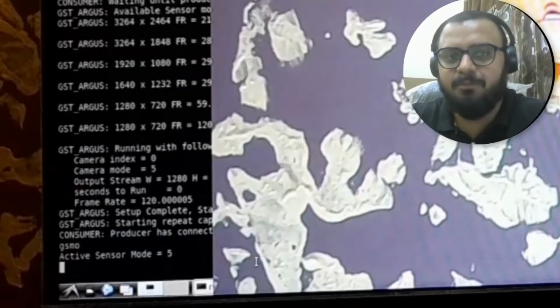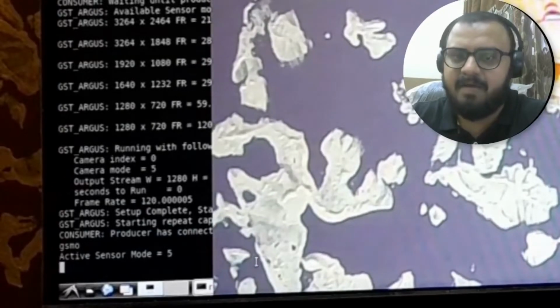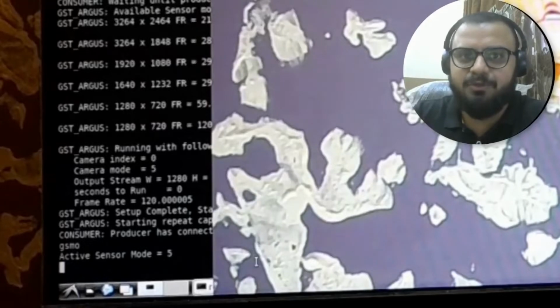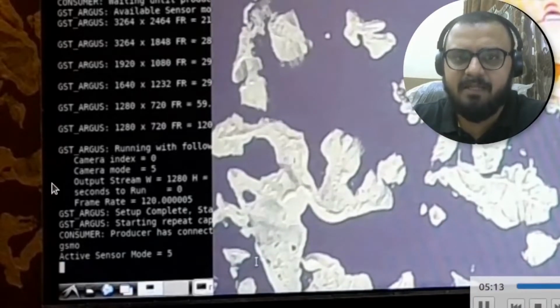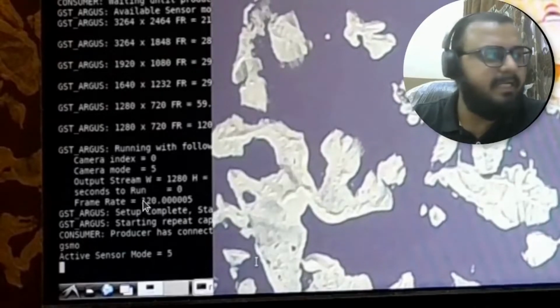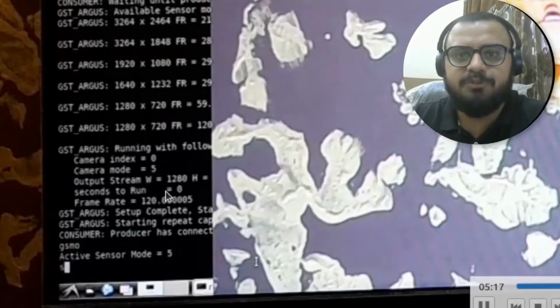You see active sensor mode equals 5. 5 stands for the same setting which I showed you earlier with a frame rate of 120, which you can verify here as well. Frame rate equals 120. Output stream